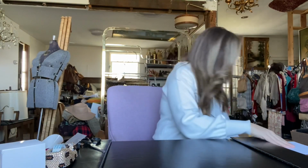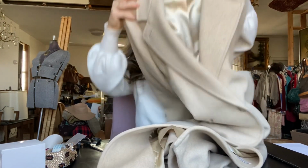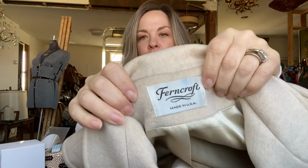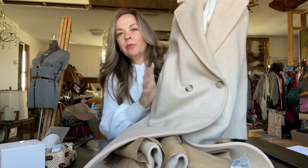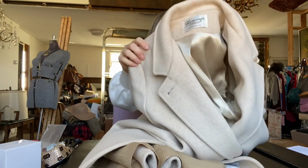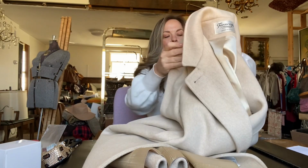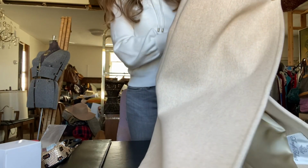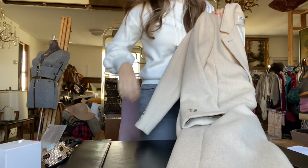Okay, the next item is this really beautiful vintage maxi length winter coat. This is by Ferncroft and it is wool. I just love the color of it. You can't really see here, but it has really beautiful tailoring, and the quality of the wool is just really soft. So when I saw it, I decided to pick it up. The Goodwill did have it priced at $12.99,